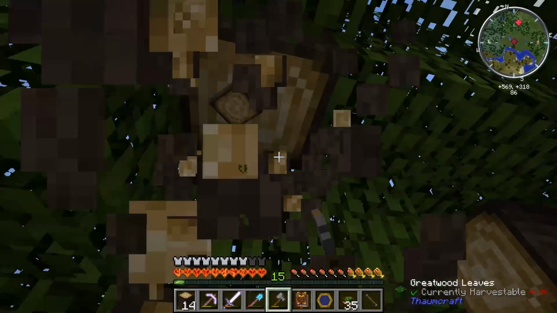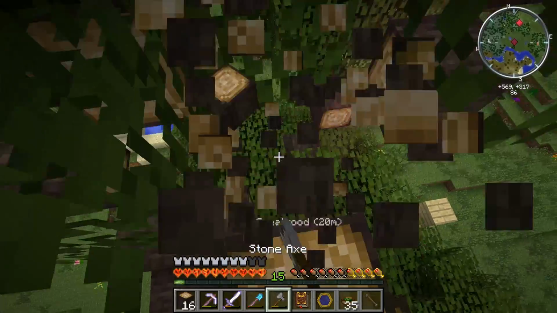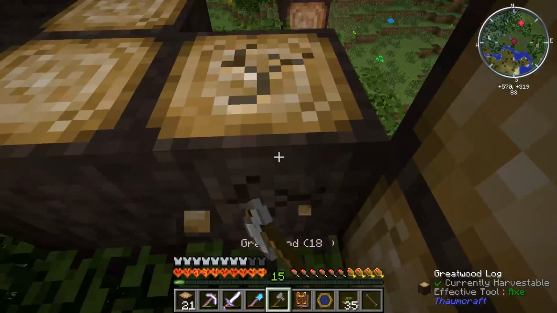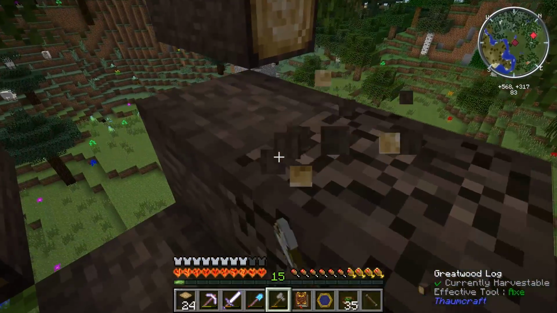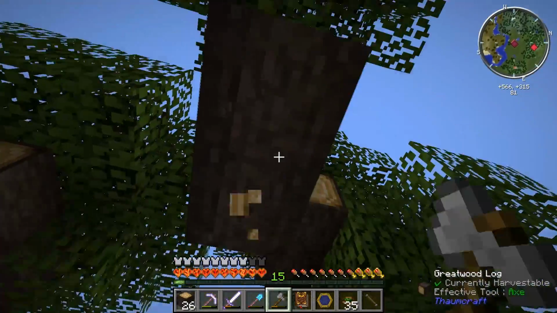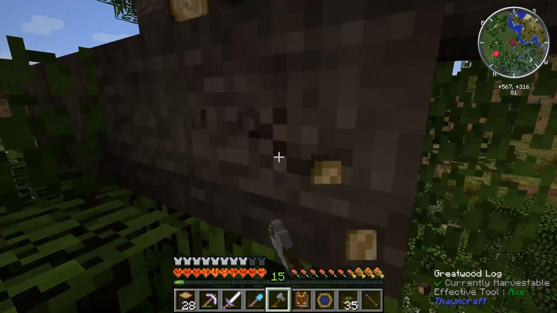I don't think I'm quite willing to cut down the silverwood tree right now. I mean, this is only 500 meters from my base, so it's pretty much a quick journey. But I'll have to figure that out. I might want to plant a greatwood tree at my base, though, so that I'd be able to get some more of this at a later time. I wonder if I can...